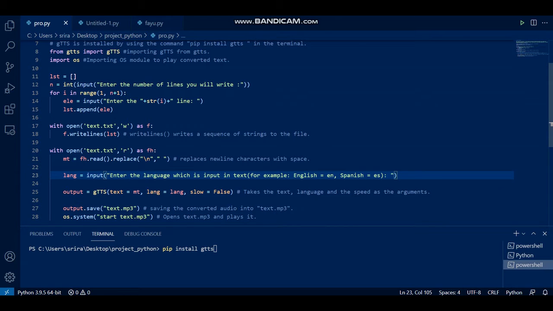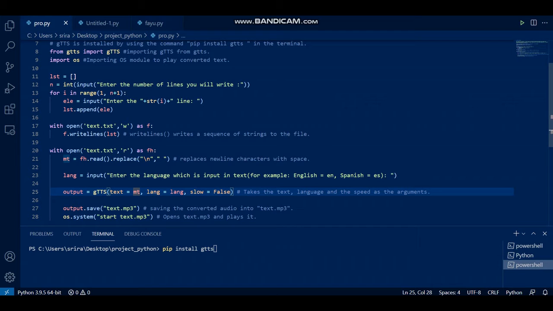So now output equal to gTTS, text equal to empty. So here you have empty. Basically I wanted to write it as my text, but I wanted to make the variable as short as possible.